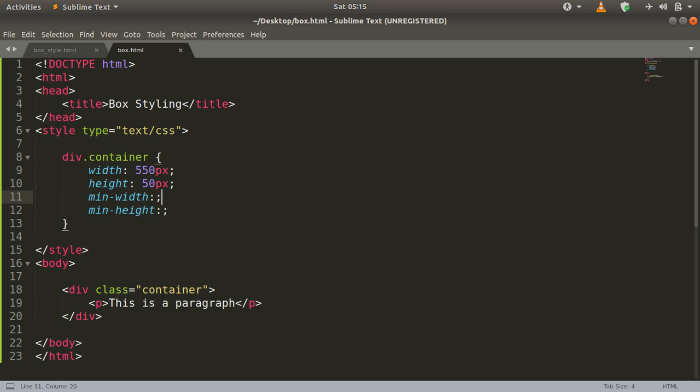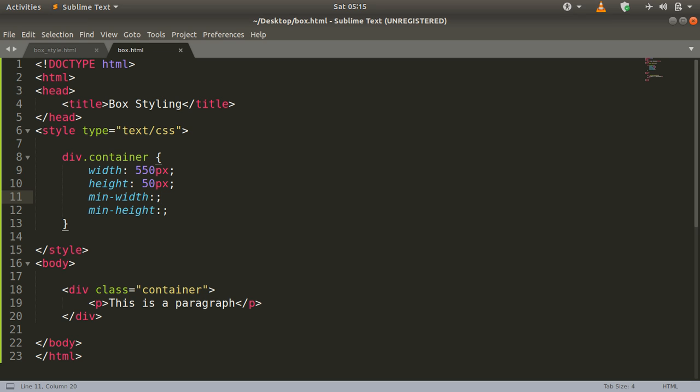If we have specified a minimum width for a particular element in a web page, then it is going to stop reducing its size beyond that limit. Whenever we expand or decrease the size of our web page, it doesn't affect much the element to which we have specified the min-width and min-height properties.